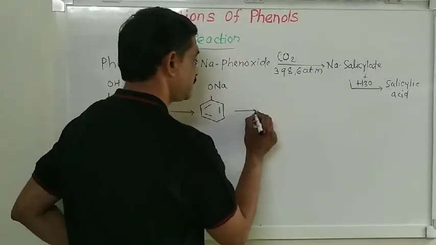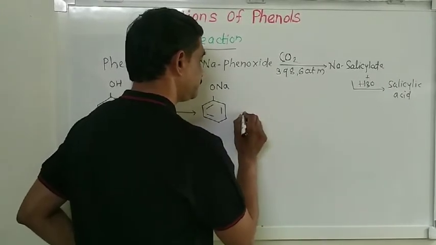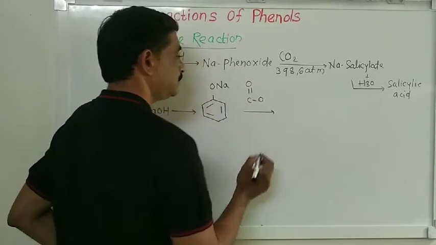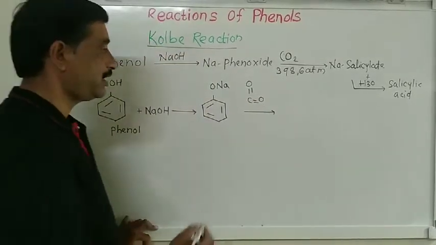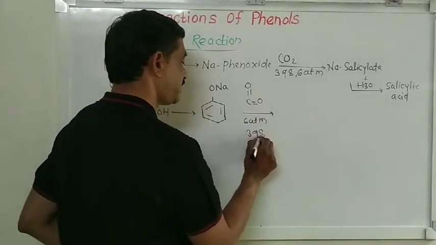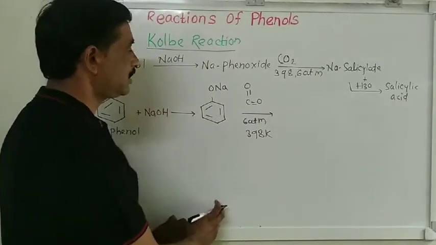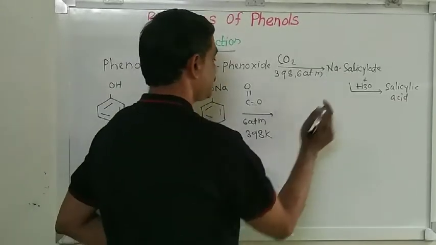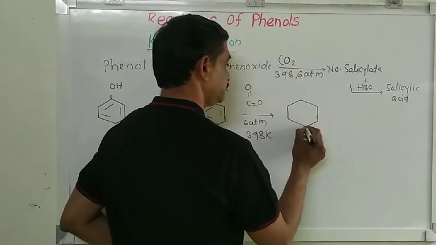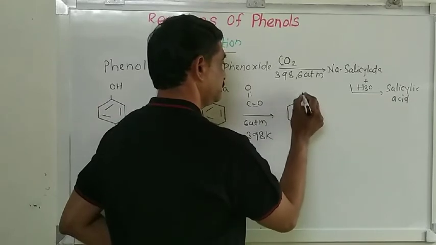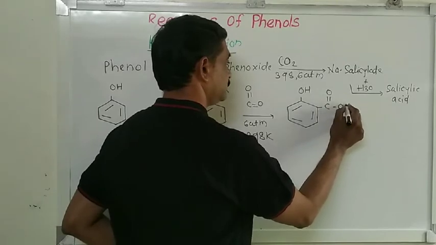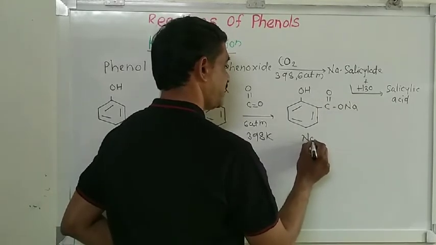Phenoxide on reaction with carbon dioxide. Carbon dioxide is nothing but C double bond O. This is the carbon dioxide at pressure 6 atmosphere and temperature 398 Kelvin. We get the compound that is known as sodium salicylate. This is the sodium salicylate,